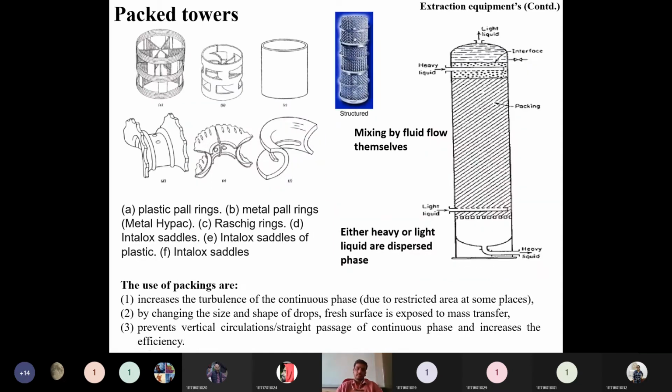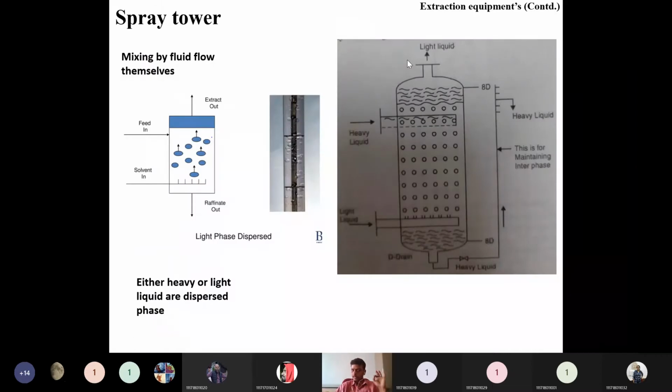That's a spray tower. The next one is a packed tower. So the same operations we can carry out in the packed tower also. Only here, if you see in the spray tower, there is no packing or anything. Only the flow is responsible. One continuous phase is going like that and the dispersed phase is coming like that. We have to control the outlet flow rates. We have to control the flow rate, then only the intimate contact can be brought.